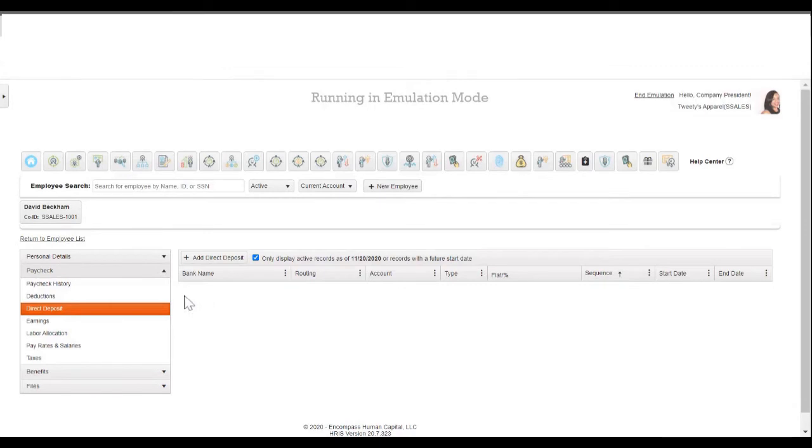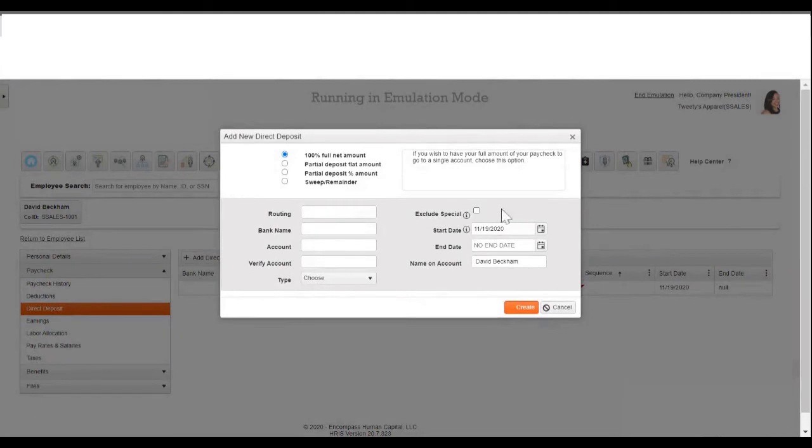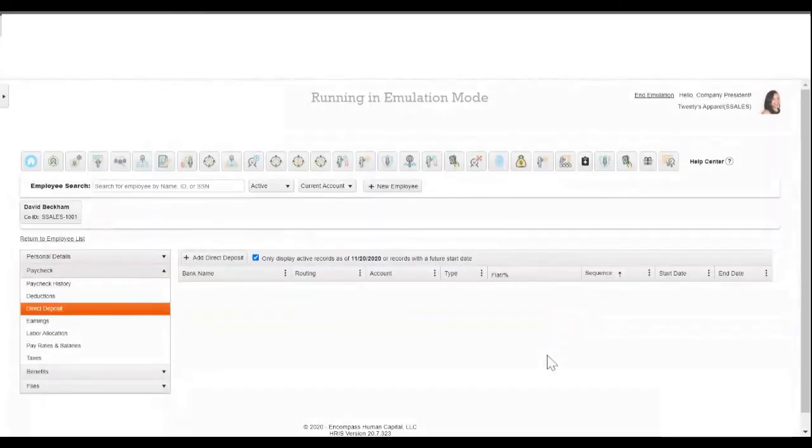However, if you'd prefer to add this yourself, go ahead and click Add Direct Deposit, enter the bank account information as well as how much of the check you'd like deposited to that account, and then click Create to save your record. On the next few tabs, similar to the Deductions tab, you can set up any employee earnings or